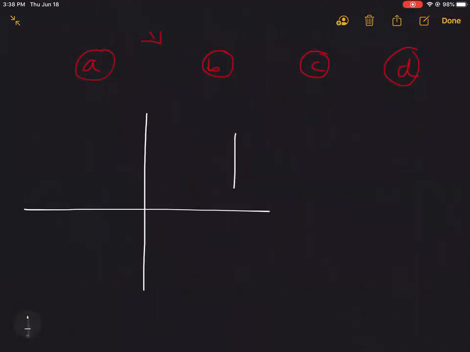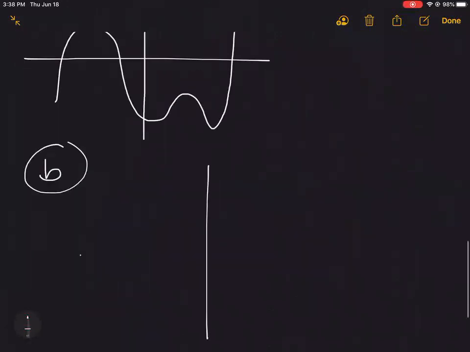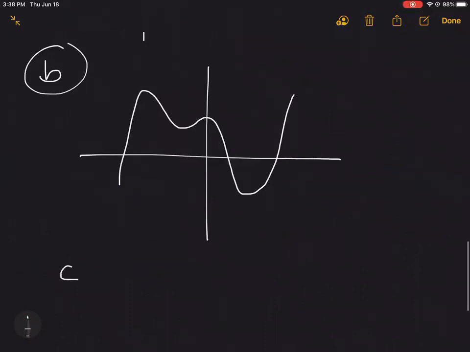So this is one of the graphs. Let's say that's our option A. Okay. Option B. That's it, option B. Option C is,